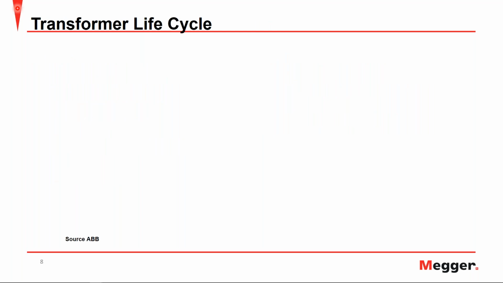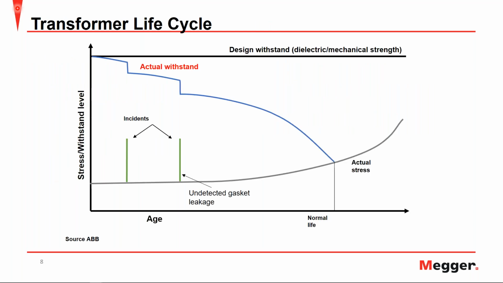Before we jump into power factor itself, let's take a look at a transformer's life cycle, where on the x-axis we have the transformer's age, and on the y-axis we have the stress and withstand level. At the top, you'll see the black bar that indicates the design withstand of the transformer, and in blue you have the actual withstand. That shows a decay with the actual stresses shown in gray, as well as the incidences that cause these abrupt decays within the withstand. You can see that the normal end of the life of the transformer is here, but